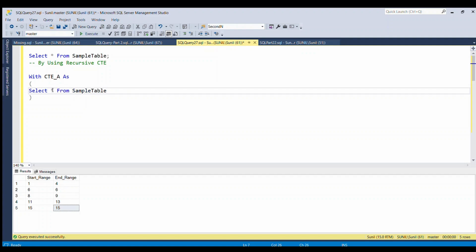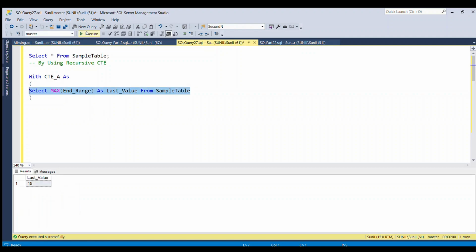Now I'm going to replace star with max of the end_range column, and we'll give this the alias last_value. If I run this query, we got the last value as